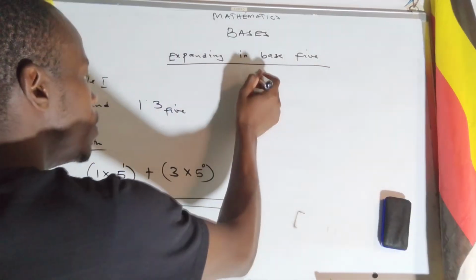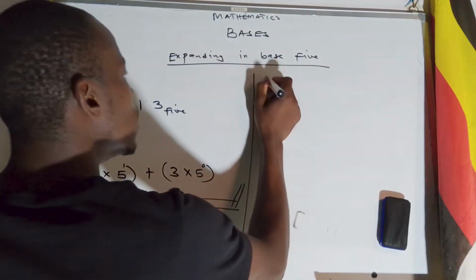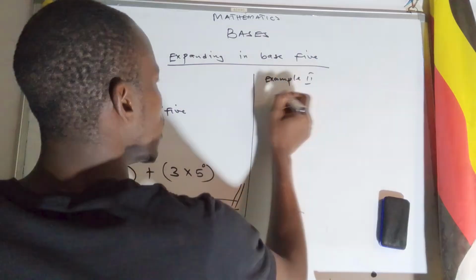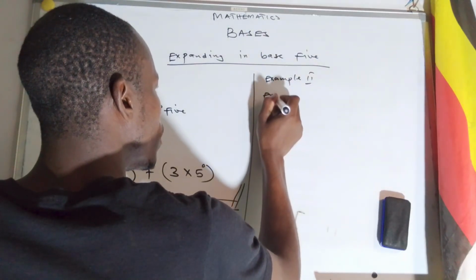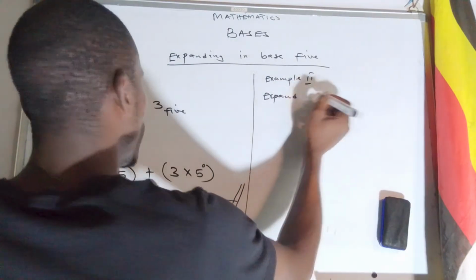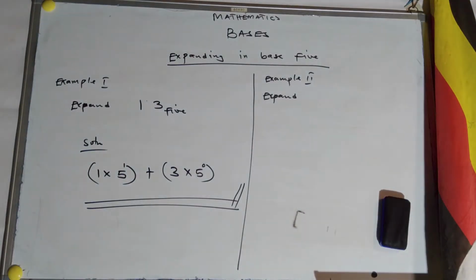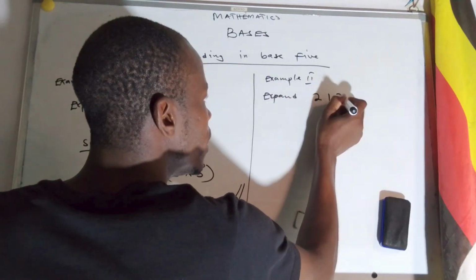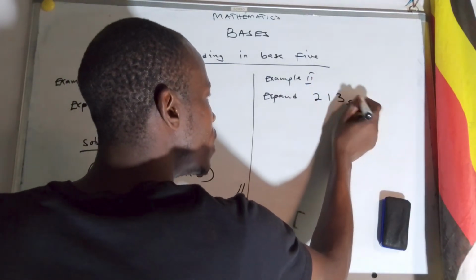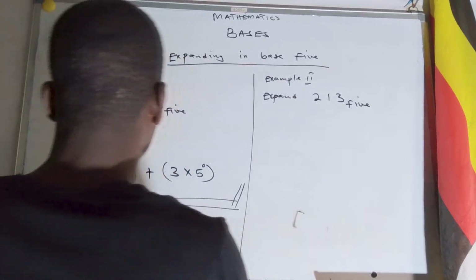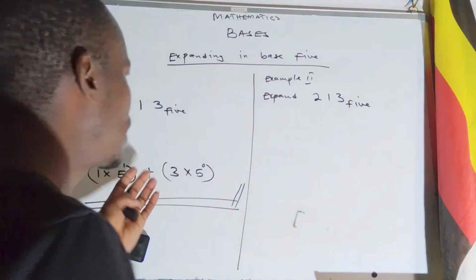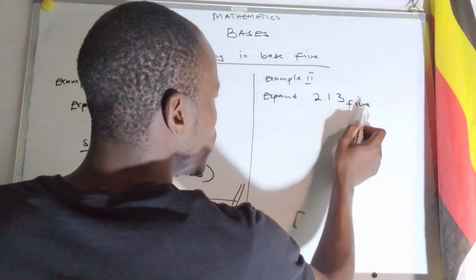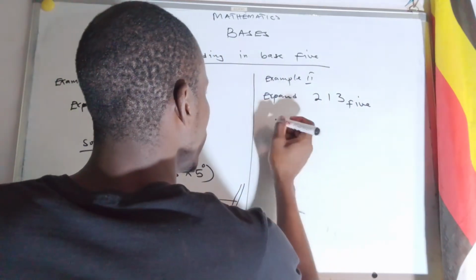Example 2. Expand 2, 1, 3, base 5. Remember, as we did the previous example, it's the same. Just get each digit here and multiply by the base. So